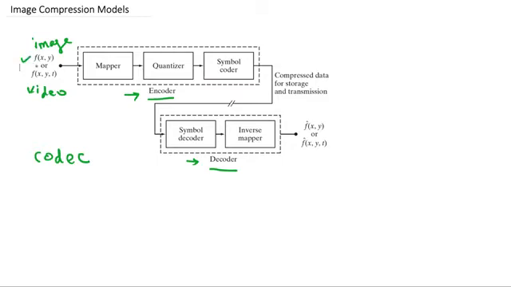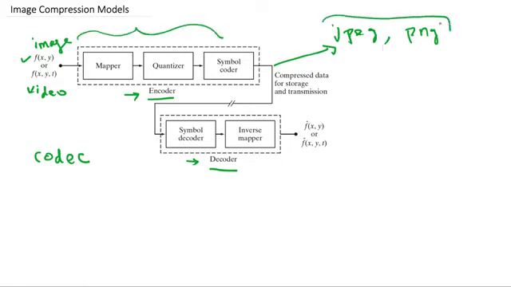When you tap the capture button, the image is captured and stored in some format such as JPEG or PNG, etc. This is the result of the image being compressed. When you click the image using your camera, that entire image is compressed using this encoding procedure and saved in several formats such as JPEG and PNG.